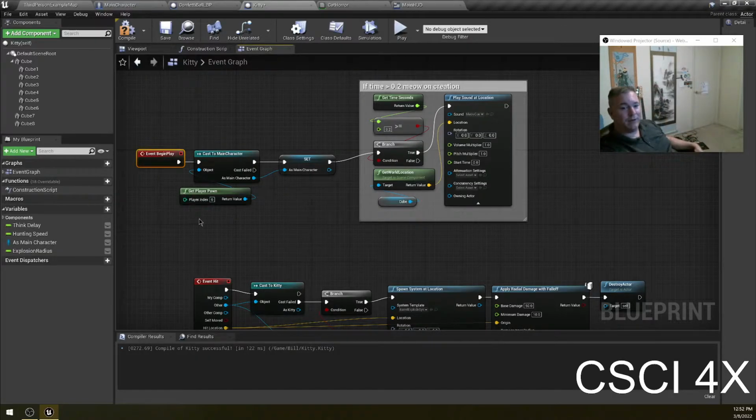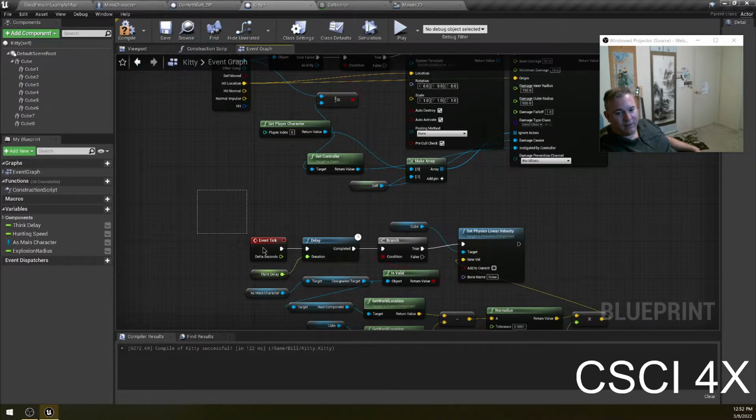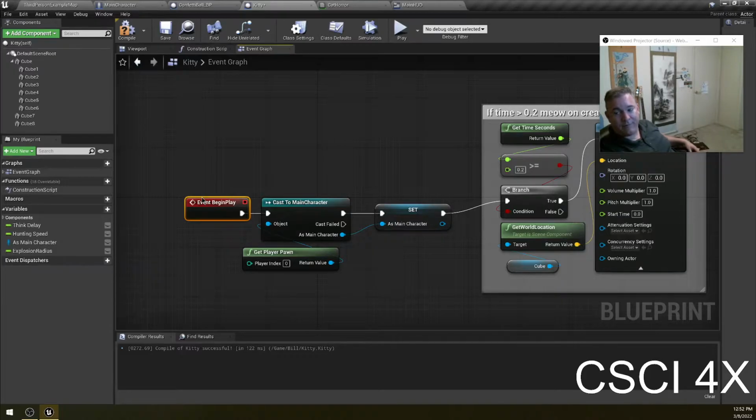This is actually a really important thing. We've talked about event hit and event tick. Event tick happens every frame. Event hit happens when the thing impacts something. Event begin play happens once, when the object is created. It is very common to have something happen when an object is created. For example,